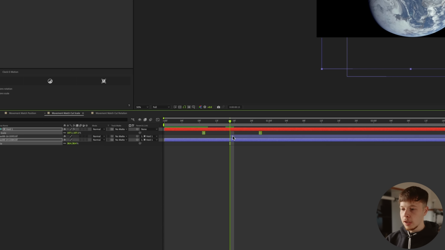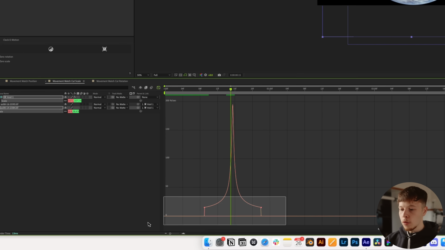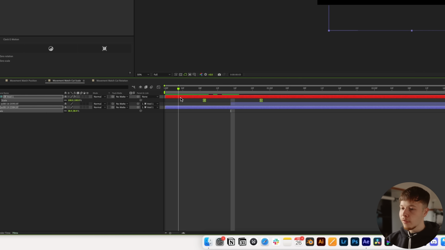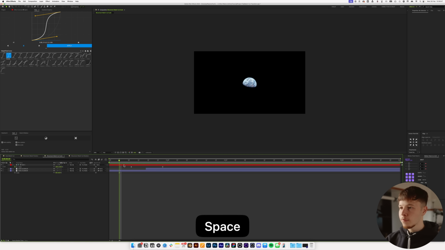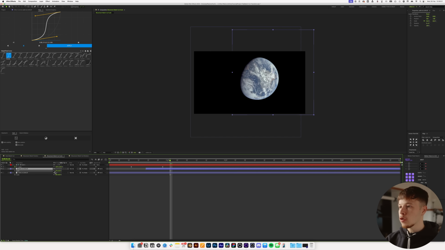So if I open up, you see, this is where the cut happens. If I open up the graph, we pretty much have that right in the middle. And we can always go in and fine tune this. You just want it to be roughly in the middle. It doesn't have to be perfect, but let's play this back and then see, boom, flawless. Now you can go in, you can play with this, change the scale to make sure that we actually,